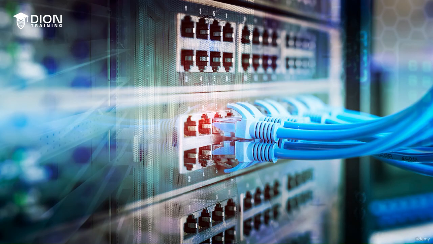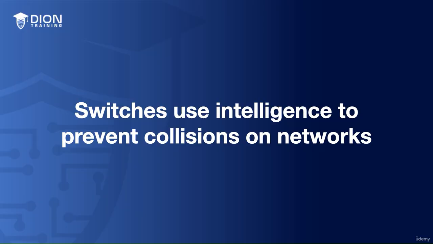Now, our network switches are networking devices that are going to operate at layer 2 of the OSI model. These devices make traffic switching decisions based upon the MAC address of the sending and receiving devices through a process called transparent bridging. Now, unlike hubs, which are an older type of networking device, switches are going to use intelligence to prevent collisions on your network. Each port on a switch is going to be inside of its own collision domain, and this allows the switch ports to operate in full duplex mode. This means that a port can both send and receive data at the same time without a negative effect on